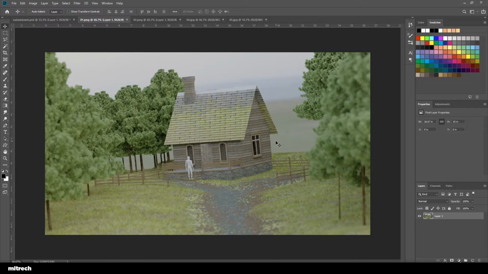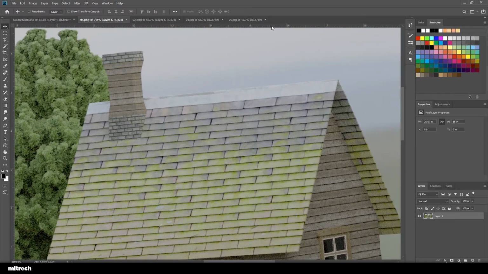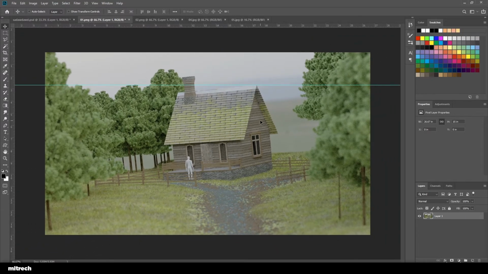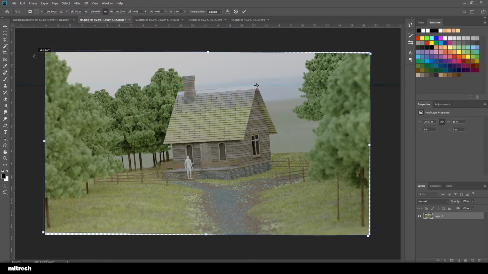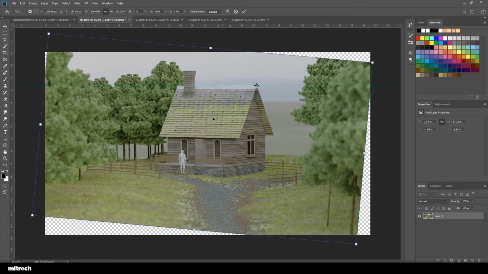So what we want to do right now, first I want to make sure that everything is lined up. So I'm looking at this house, and as you can see, it's a little bit crooked. So I'm gonna add a guide in here, and I'm going to rotate the image until the house is pretty straight, because now the image looks like someone was holding the camera wrong. So I'm adding, I don't know what it's called, like the pivot over there, and I'm just gonna do this, and now the house is straight,